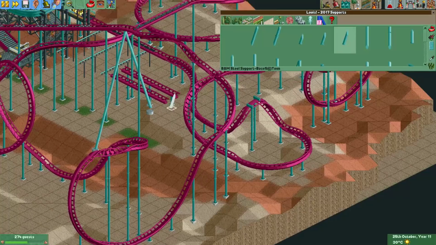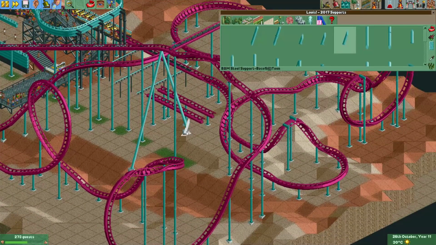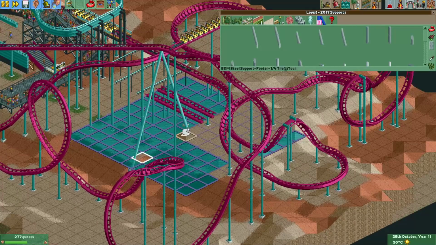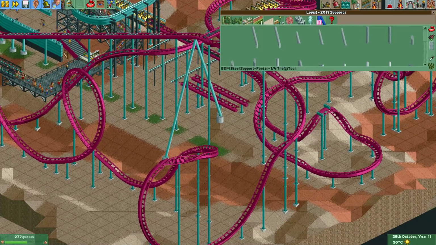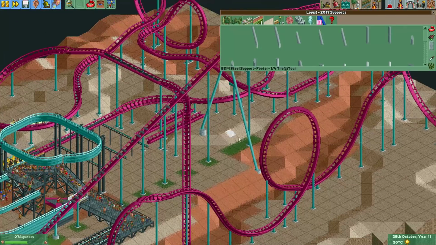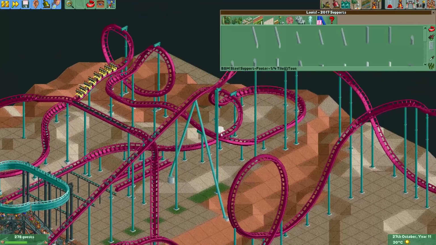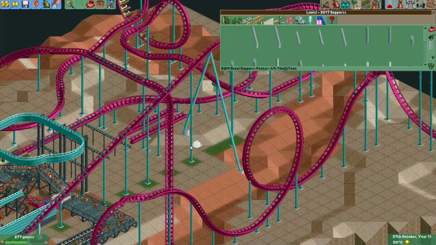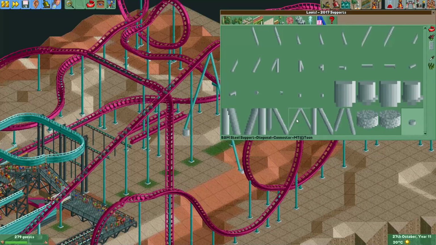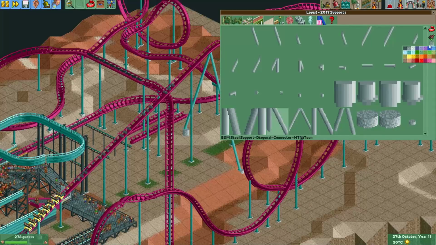Alright, we put it like this. And if you don't really line up with the footer correctly, you can always just put an extra footer on top. And that usually also looks nice, especially if you put some bushes around it. Anyway, you can just continue the chain lift like this. Sometimes if you want to make it a little bit more tricky, you could also